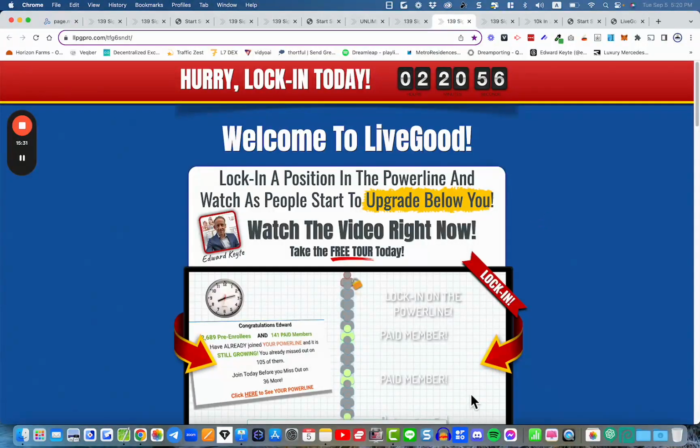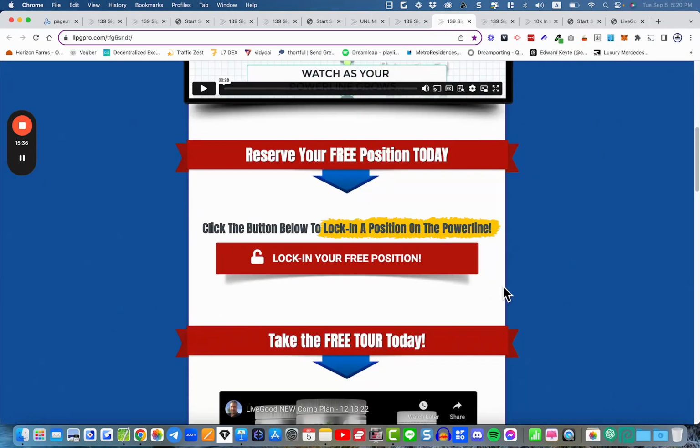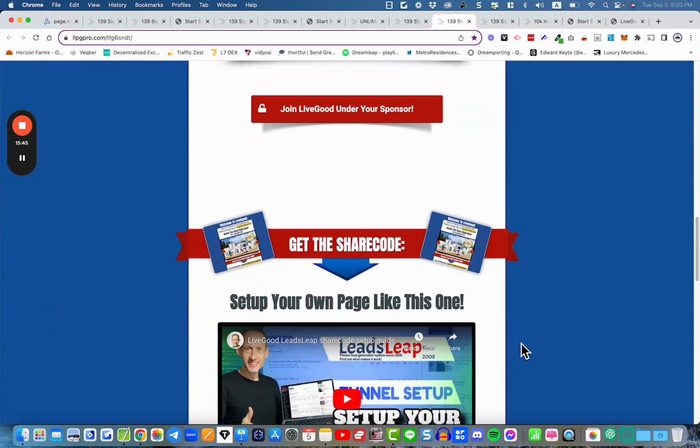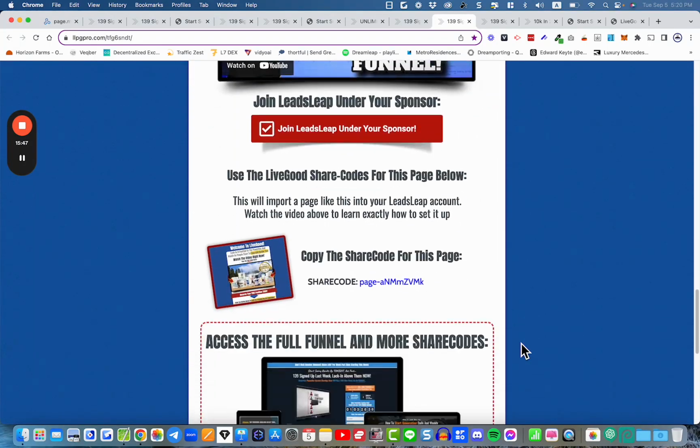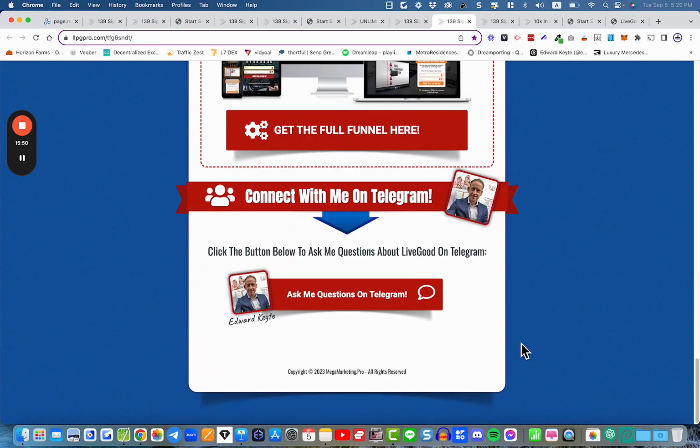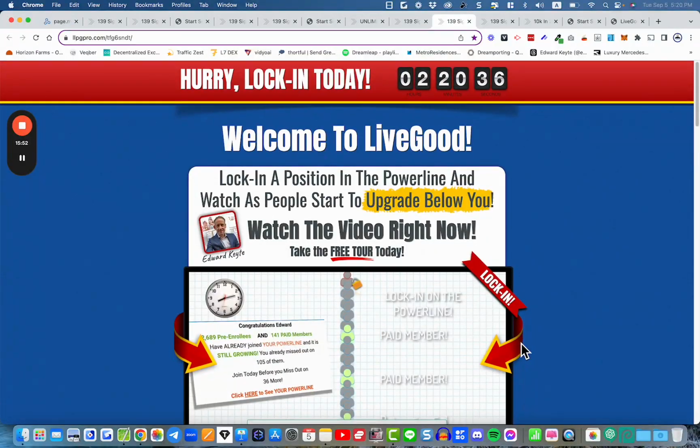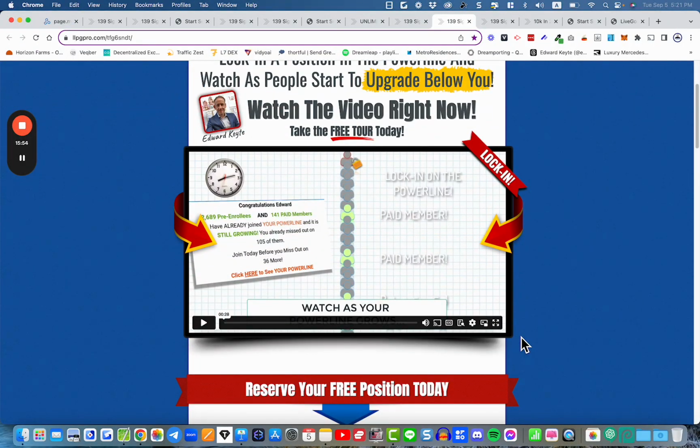So it gives them more information. They're already subscribed to your mailing list, and you give them access to grab a position on your business or whatever. But sometimes you want to have extra information, some training, some extra value, you want to give them access to a share code or other bits of information. In some ways, you don't necessarily need to send them straight to a page where they get access to everything. You might want to send them to a page where it teaches them how to activate their subscription